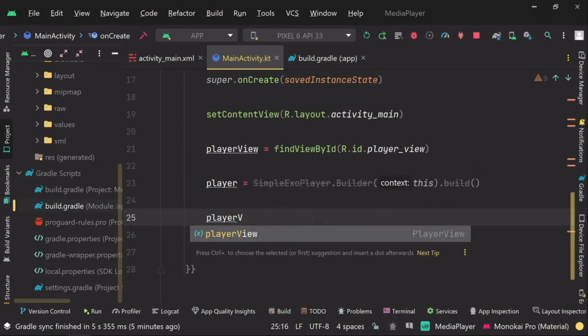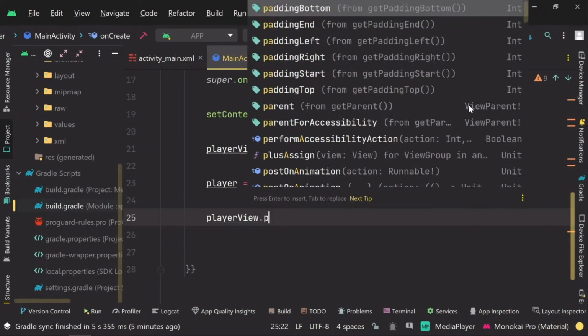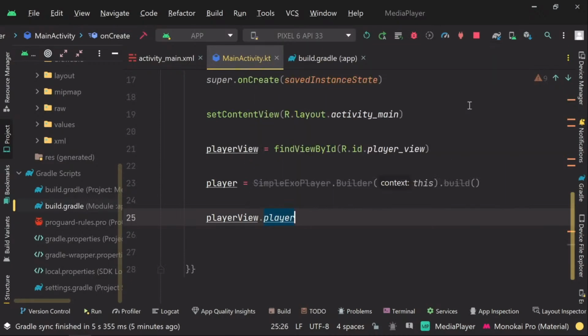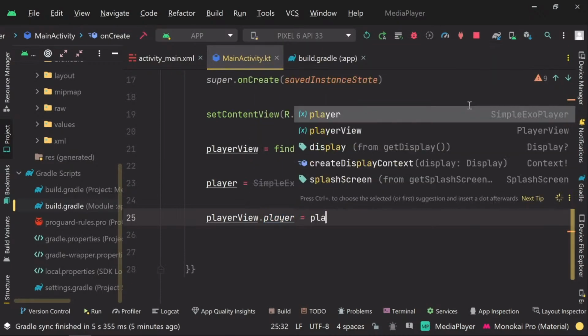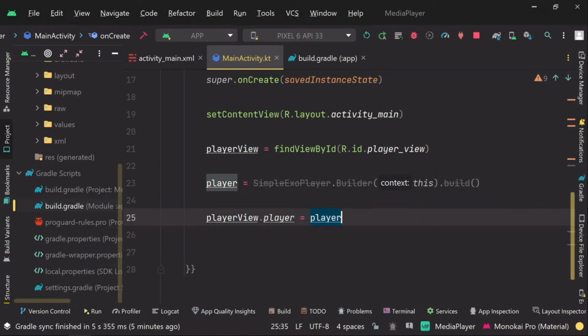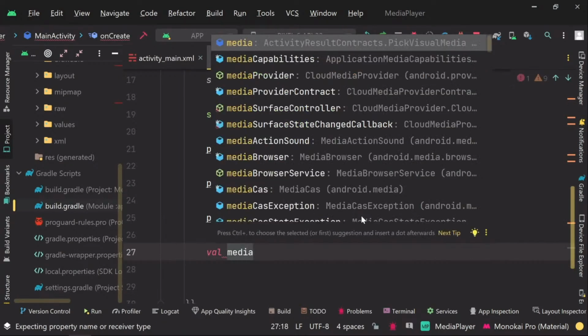view dot player equals to player like that. So we will be specifying what we will be attaching the player to the view. Then what I'm going to do, I am going to define the media. So for defining the media, I'll write variable media item,